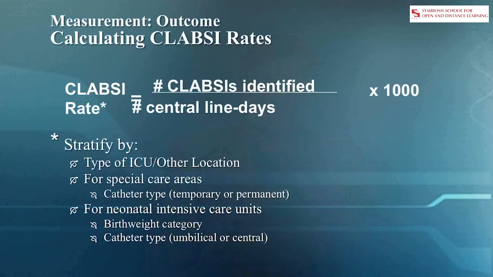This slide I would like to show you how to collect the rates, that is CLABSI rate: CLABSI identified divided by central line days. For example, in your 10-bedded ICU, 3 patients are on central line. One patient is on central line since 4 days, the second one from 3 days, and the third one from 3 days. So, basically 4 plus 3 plus 3, that is 10 catheter days, and out of them, if in that particular month one has got a CLABSI as per our definition as we discussed just now, so 1 divided by 10 into 1000, that is going to give you the CLABSI rate.